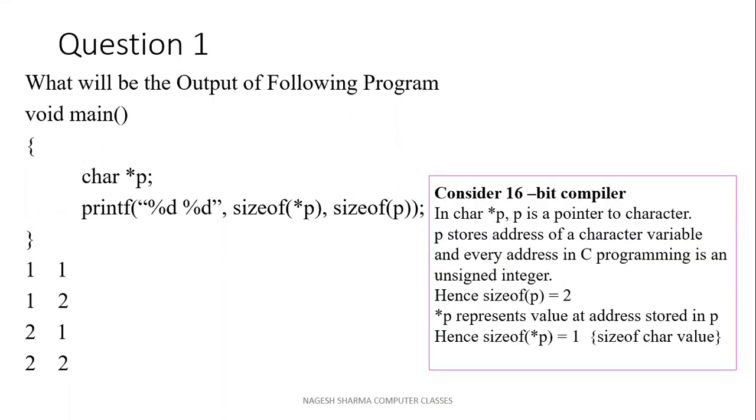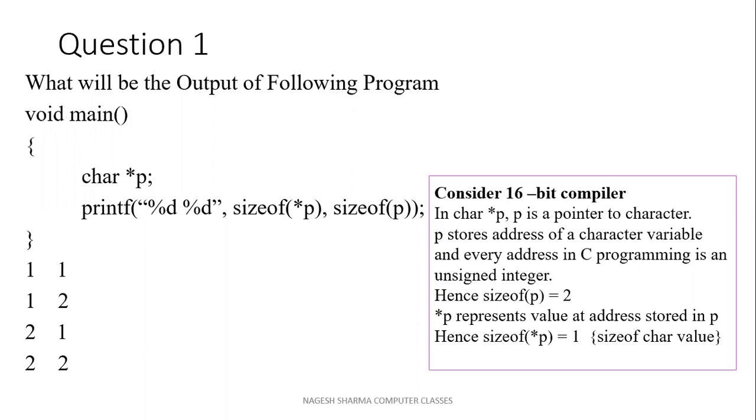As all of you know what character pointer p indicates. Character pointer p declares a pointer p that points to some character value. Similarly, if you are having int asterisk p, in that case that is a pointer to some integer value. Okay, so every pointer, whether it is a pointer to character, or a pointer to integer, or a pointer to float, that always takes size equal to size of integer in the memory. And suppose you are working on a 16-bit compiler, so in that case